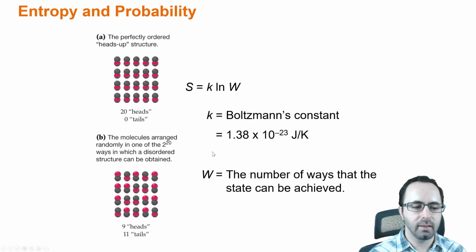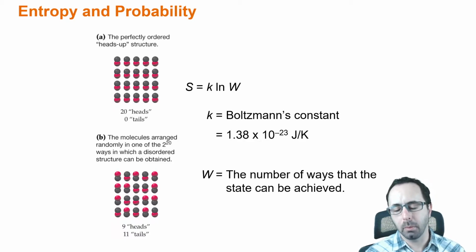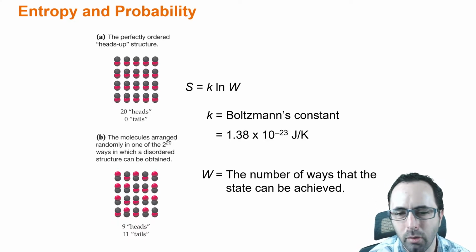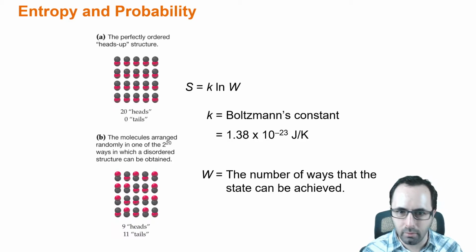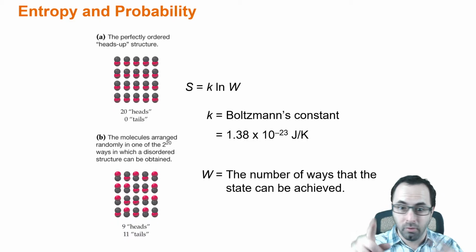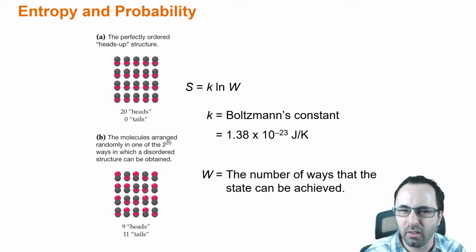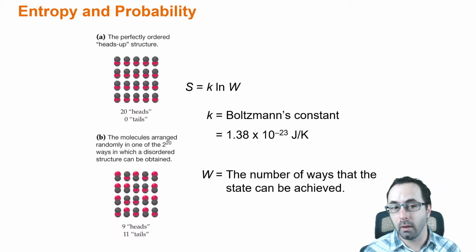So how can we quantitate this idea here? There is a way to quantitate the idea of how orderly something is, and it's based on the number of possible arrangements that molecules or whatever is making up this matter can take. Now, this is something that's very difficult to actually quantitatively say for molecules. There's lots of different orientations they can be in. They can flip around and spin around in different ways. They can be closer or farther. So it's a lot easier to describe entropy for a binary system, like a coin flip, like this one here.